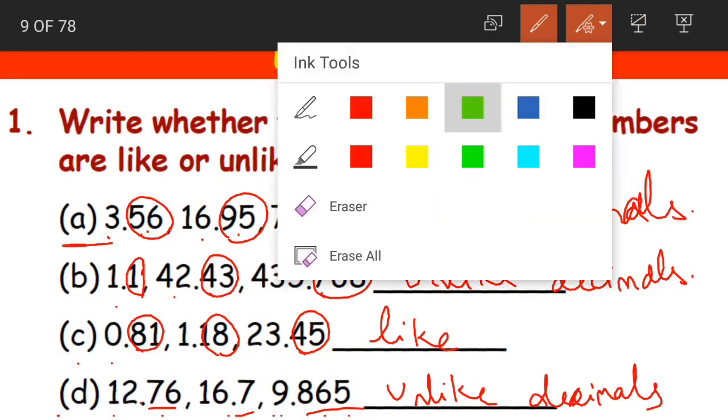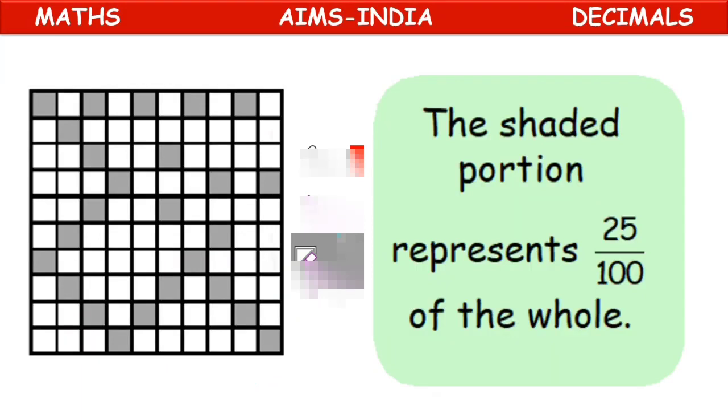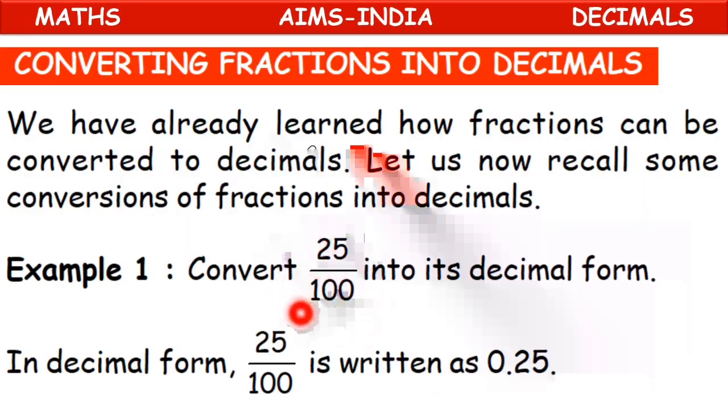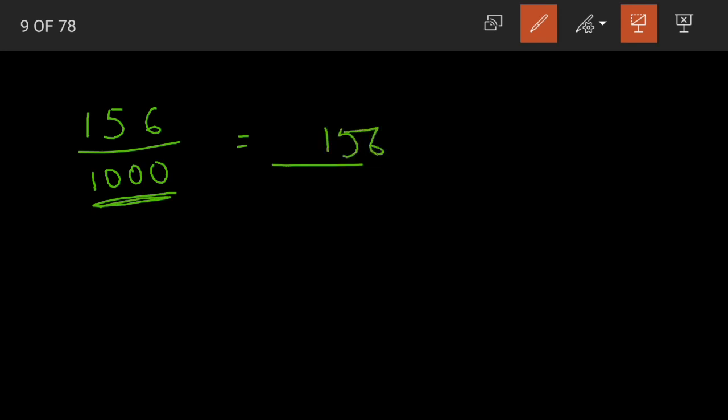Okay. So before we understand the next level, it is important that you have understood the conversion of fractions into decimals where the denominators are 10, 100, 1000 and so on. Yes, children, and before ending today's class, let us again revise how to convert fractions into decimals. Suppose I have 156 by 1000. See, the denominator has 4 digits, so I should represent the numerator also with 4 digits. So for the 4th digit, I am placing a 0 to the left.